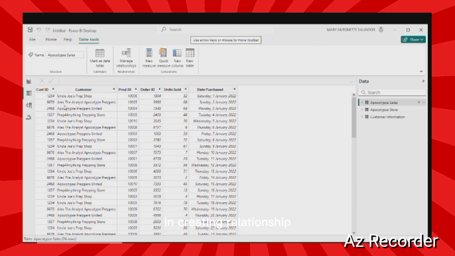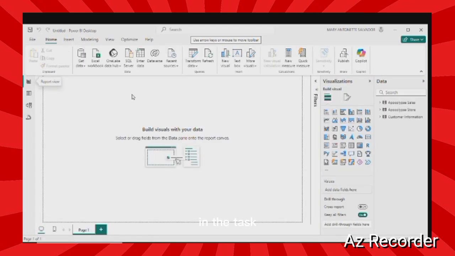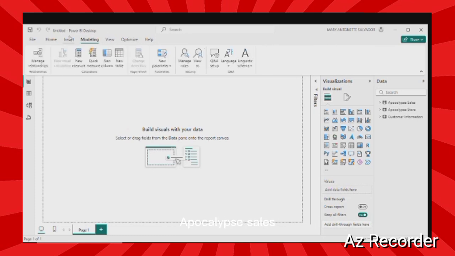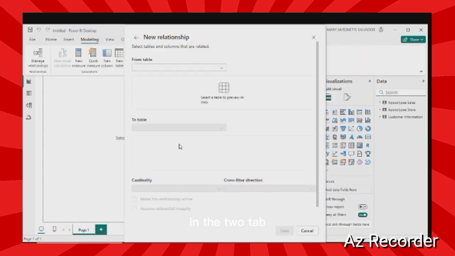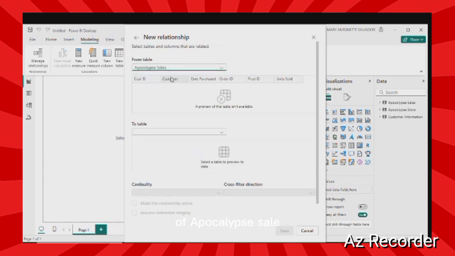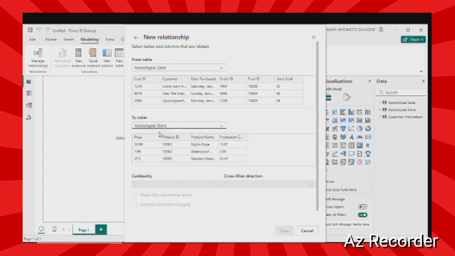In creating a relationship, click New Relationship, then you will see we need to select the tables and columns that are related. In this task, we need to connect Apocalypse Sales to Apocalypse Store. In the From tab, we put Apocalypse Sales. In the To tab, we put Apocalypse Store. And then we need to connect their product ID. So when connecting the product ID, we need to click the product ID of Apocalypse Sales and the product ID of Apocalypse